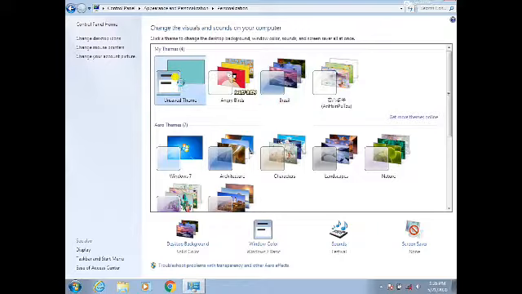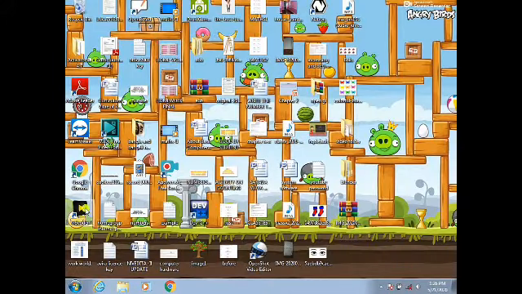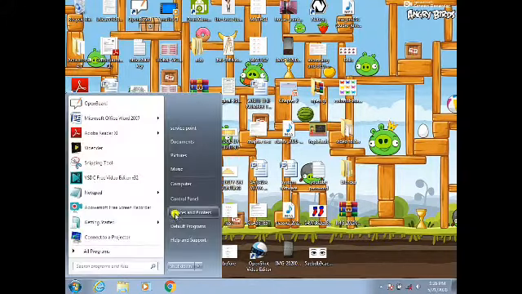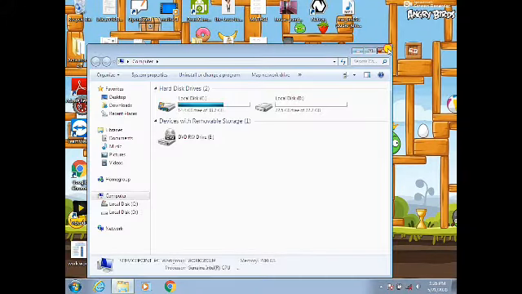So on Angry Bird, just click here. Automatically the computer background and theme also change.